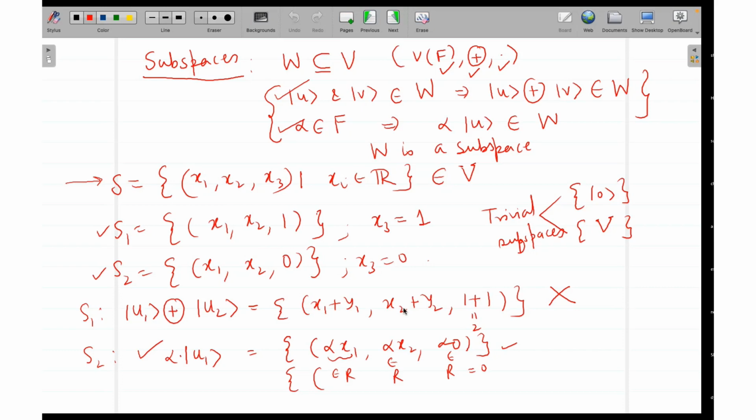Then you'll have to go through all the 10 properties and see how many properties this guy is failing. Or otherwise, I can ask a question like this: whether this S1 forms a subspace of a three-dimensional real vector space. In that case, you do not need to check all those 10 properties. You will say that this fails one of the properties and it is failing. You understand the point? Subspaces just give you an additional idea that in case